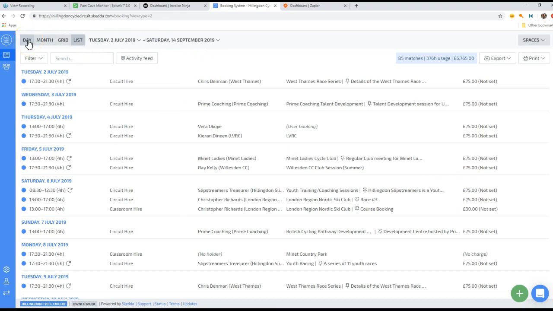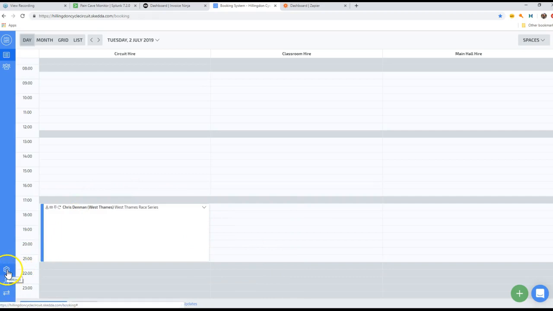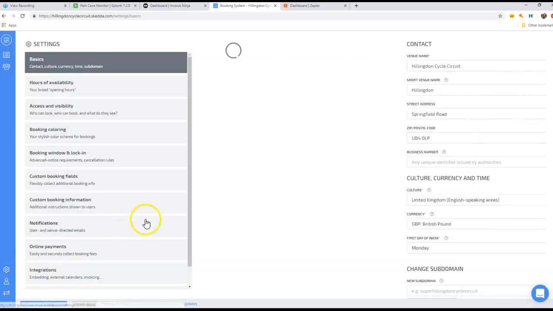What we know is that the booking system will allow bookings, but we have an issue with cancellations when a booking was raised, allowing for some cooling off period for a booker to change their mind, and also how do we get around the issue of what happens if we enable self-service so that users can create bookings and cancel bookings themselves. So if we look at settings in the booking system at the moment and we look at our cancellation policy,